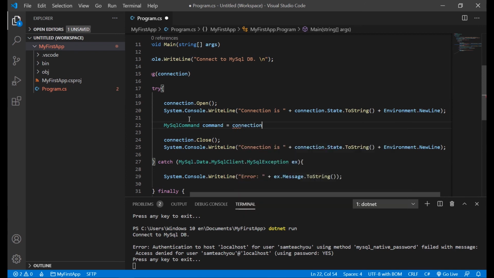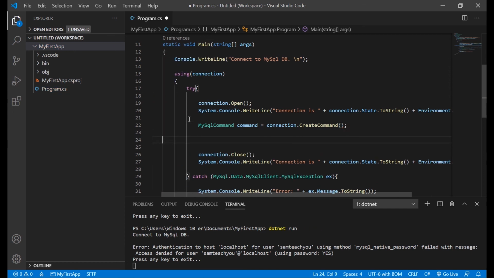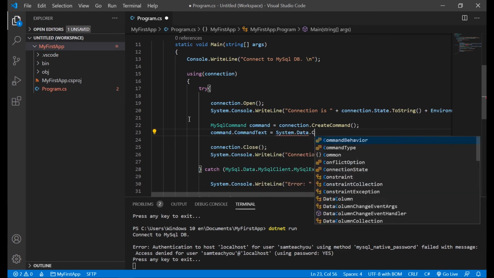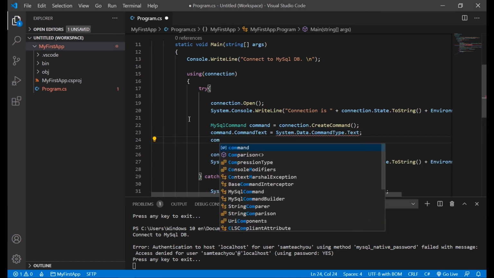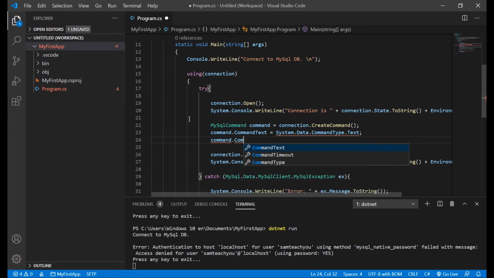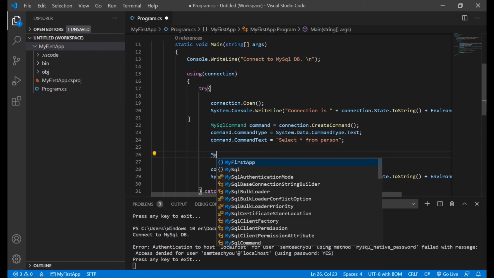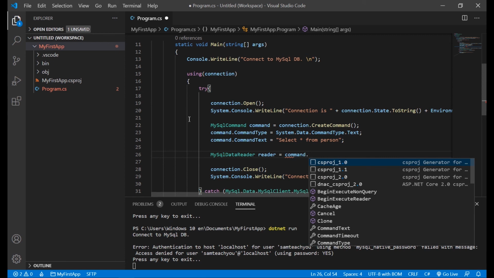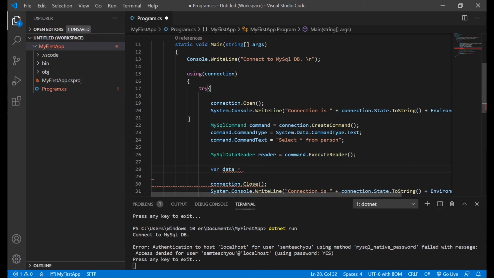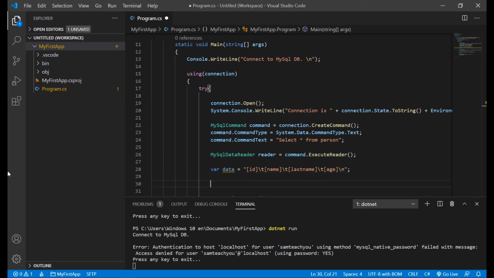Now we establish a command to connect to the data inside of our table. And we're going to create a query just to access all the data in our table. And the last part is just about